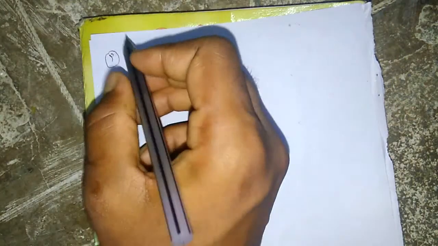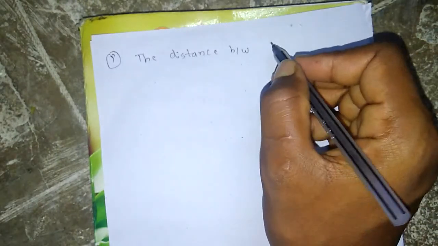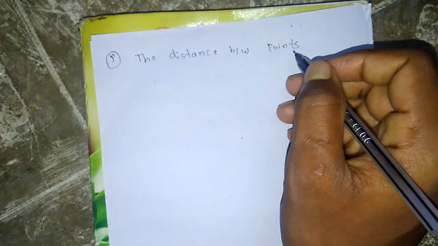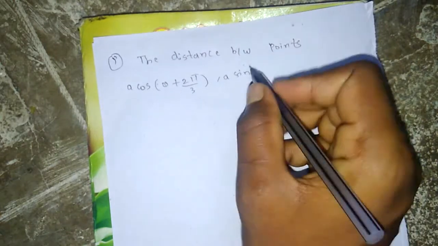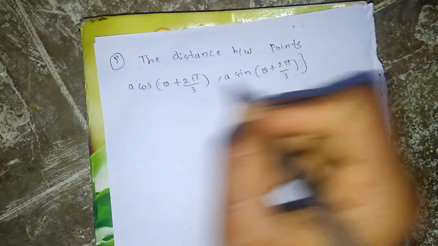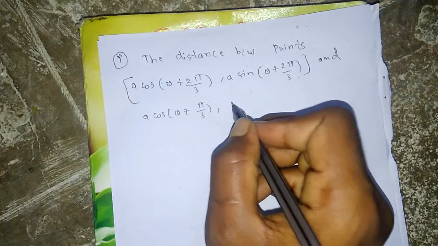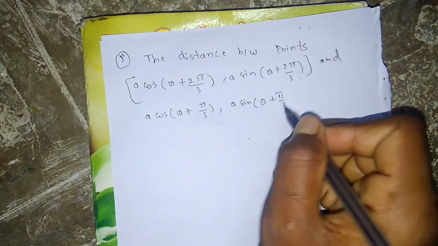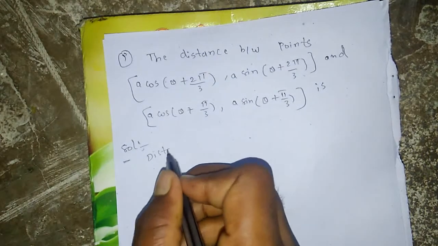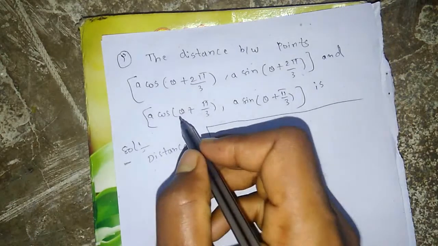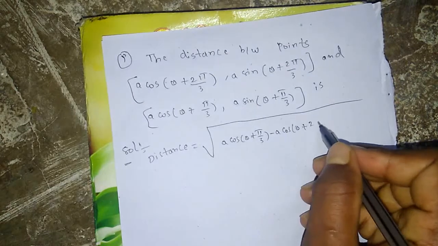Our next problem is, the distance between the points (a cos(θ + 2π/3), a sin(θ + 2π/3)) and (a cos(θ + π/3), a sin(θ + π/3)) is, here distance is the square root of (x2 − x1), that is (a cos(θ + π/3) − a cos(θ + 2π/3)) whole squared